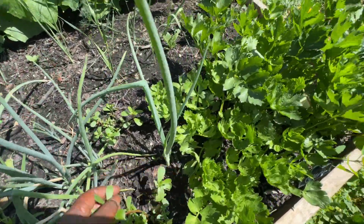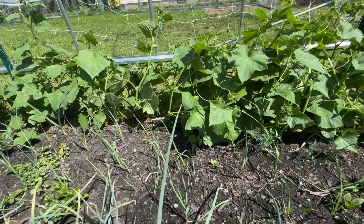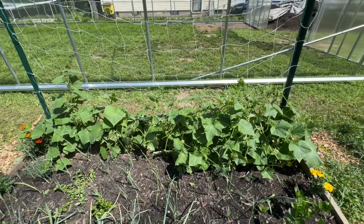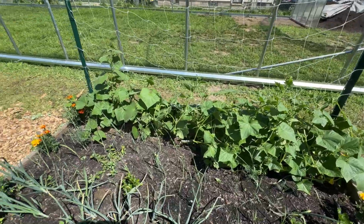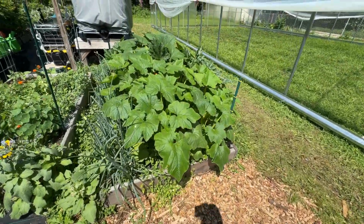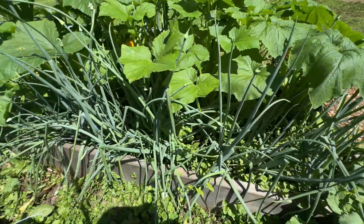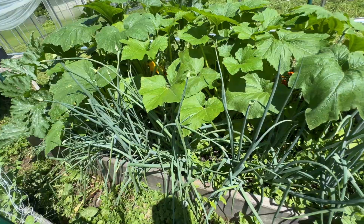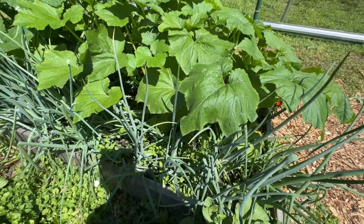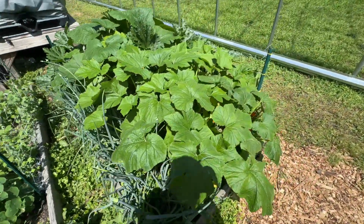Purslane is growing in this one too, but here's the celery and then cucumber all in this bed. Had to train them a little bit today, but then over here we also have onion all in this bed. Here along the back we have onion. Do have some celery down in there somewhere. I have to really get in here and weed this bed. But also this bed is full of